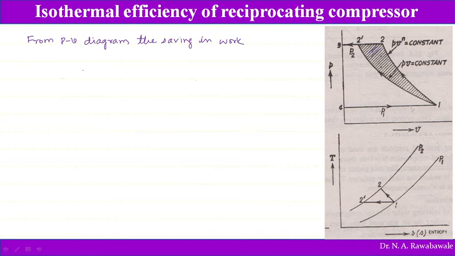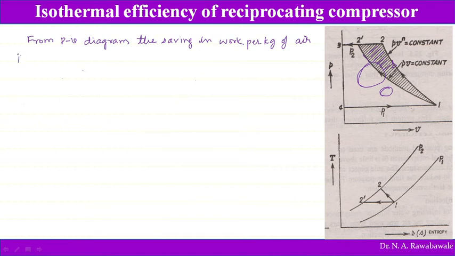We can see here, this is the saving in work. If we follow the polytropic process, this complete work is required. If we follow isothermal, then only the area below this curve is required. So the saving in work per kg of air